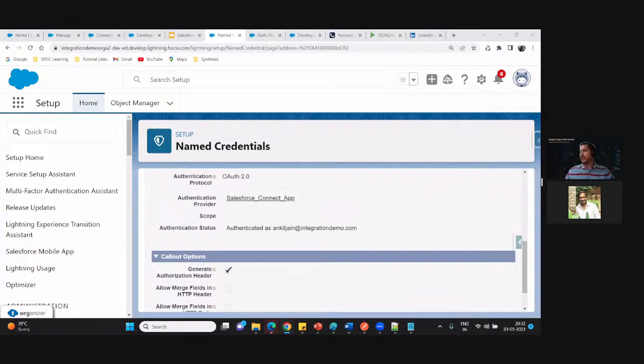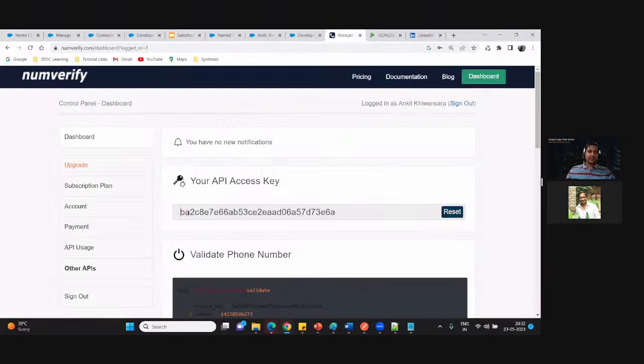Yes. So Manoj, it's not always required. Whenever you have to do the integration with the help of OAuth 2.0 or with the help of OAuth, then only the connected app is required. In case you are doing the API key authentication, for example, here, this type of integration, there is no OAuth. They are just providing the API key and we have to do the authentication with the help of this API key. In such scenarios, there is no need to create the connected app. Whenever you have to use the concept of OAuth, then only the connected app will be required.